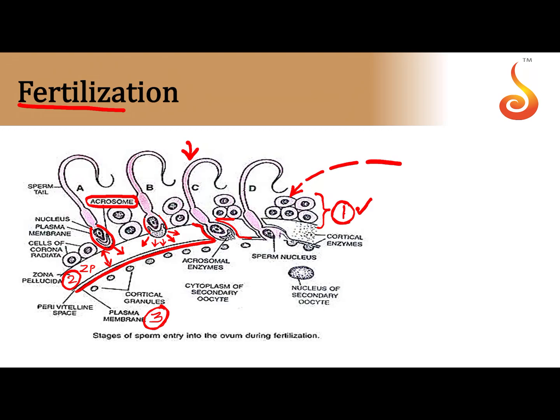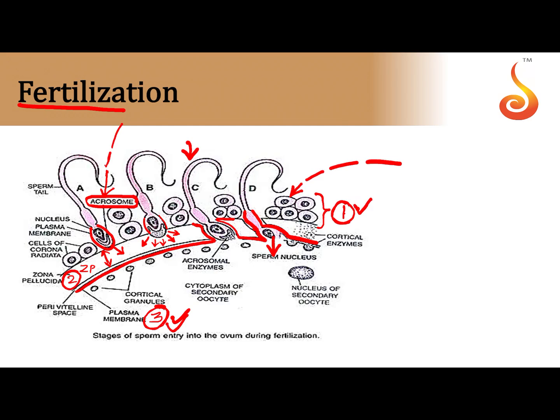Then the sperm head lands on the innermost barrier, which is the plasma membrane of the egg. And notice how the plasma membrane of the egg and the membrane of the sperm are fusing together to establish a cytoplasmic continuity, and through this cytoplasmic continuity, the nucleus of the sperm makes its way into the cytoplasm of the egg. That means the penetration of the sperm has become a success, because of the enzymes liberated by, like I told you, a vesicle sitting on top of the nucleus in the head of the sperm,